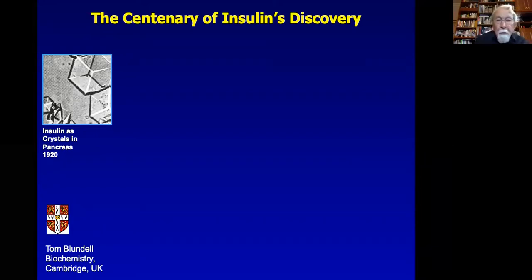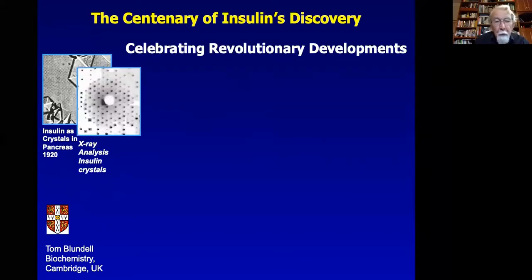It was surprising that there were crystals, very tiny crystals in the granules. And of course, that meant that it was fairly easy then to produce crystals of a larger size for treatment of patients when it was realized that it could be used in diabetes. So this was over 100 years ago that this was discovered, but things moved also in 1921, exactly 100 years ago. But it was quite a time later, in fact, in